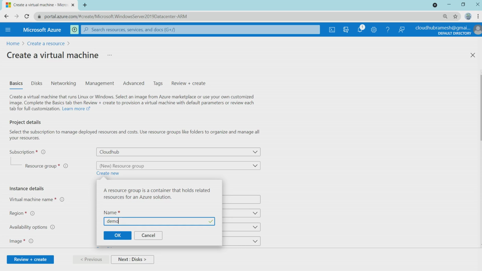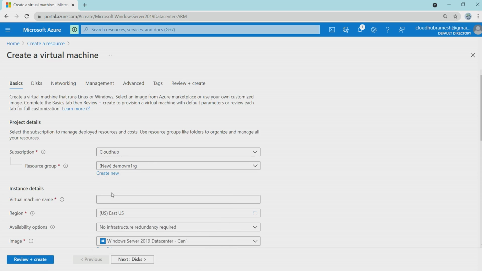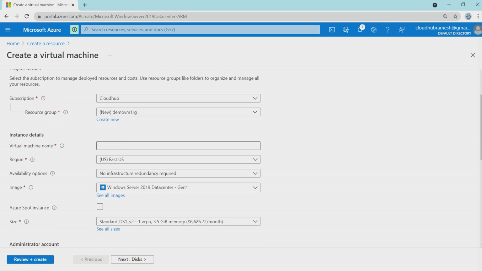demo VM RG. I'm creating it, and you can give the virtual machine name. I'm giving the virtual machine name as VM1, and comes the region.